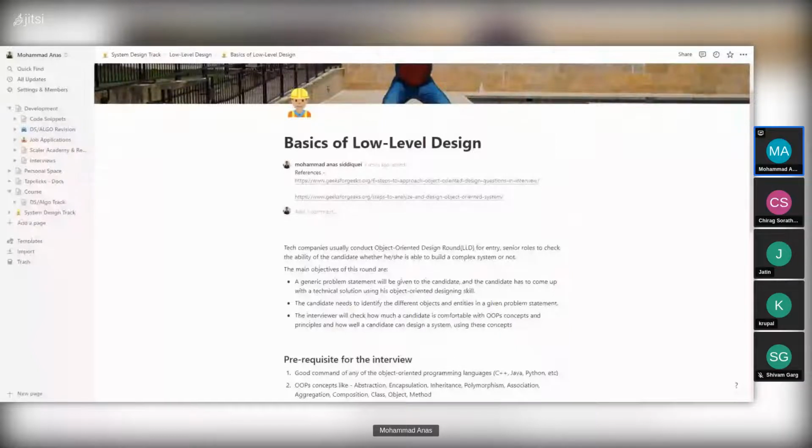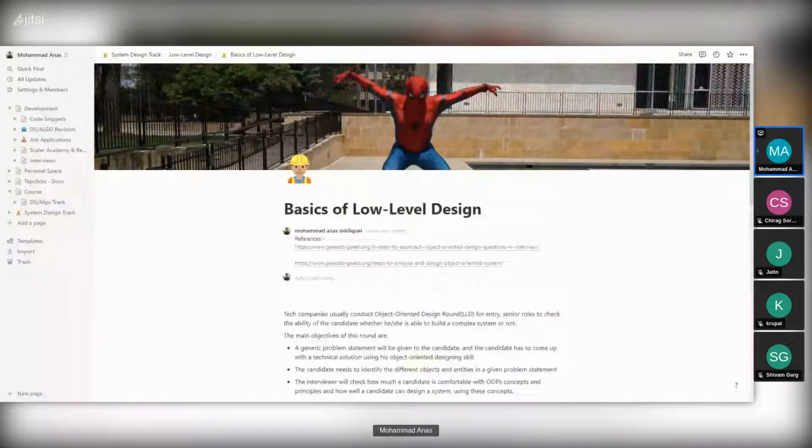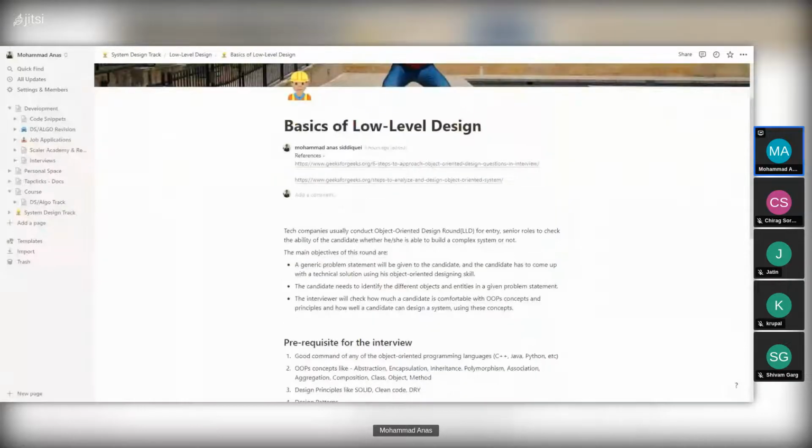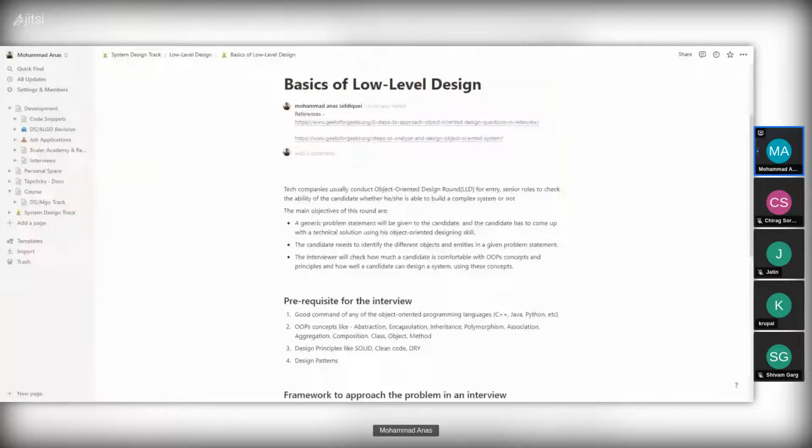Yeah. Okay. So, starting with the basics of low level design. Companies usually conduct system design rounds to check if the candidate is able to build complex systems or not. There are two kinds of questions that can be asked. One is high level design, where the architectural details and how to scale your system are the concern. And the other part is designing object oriented systems,